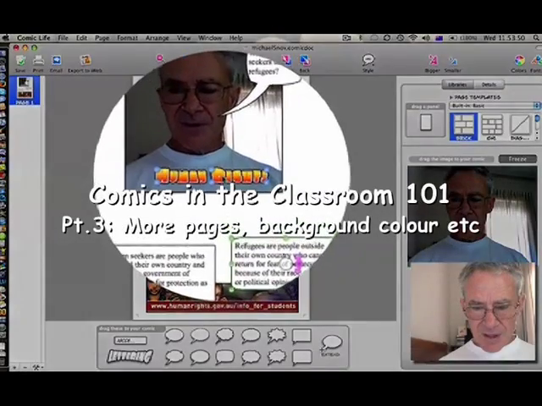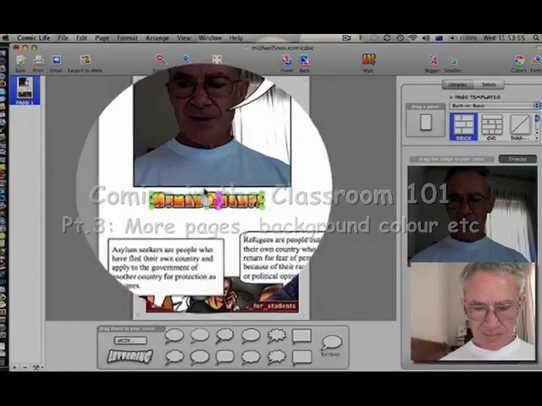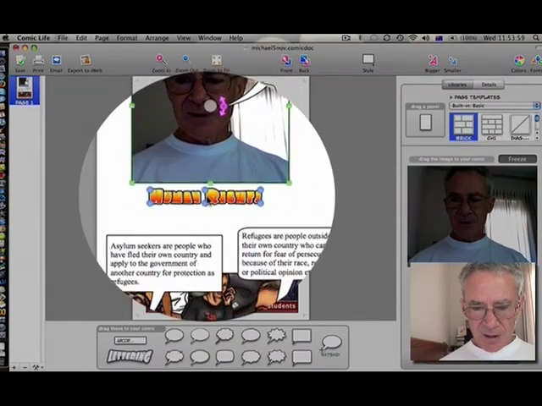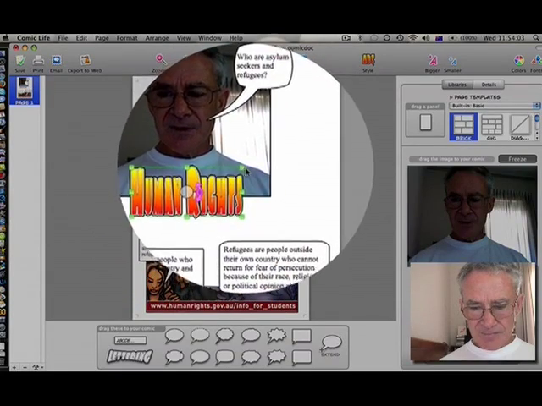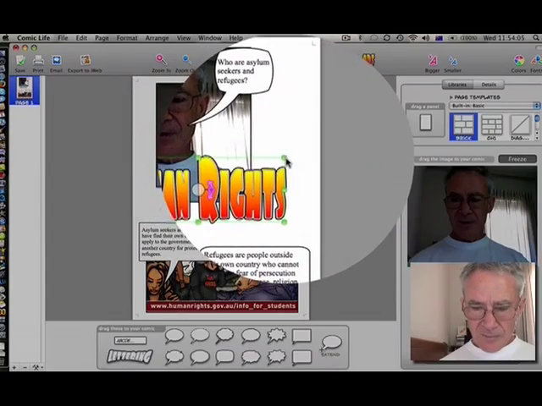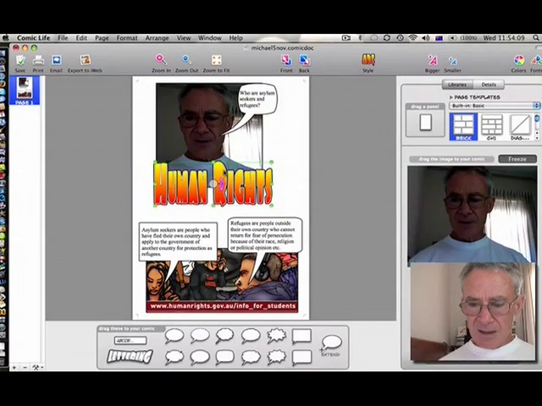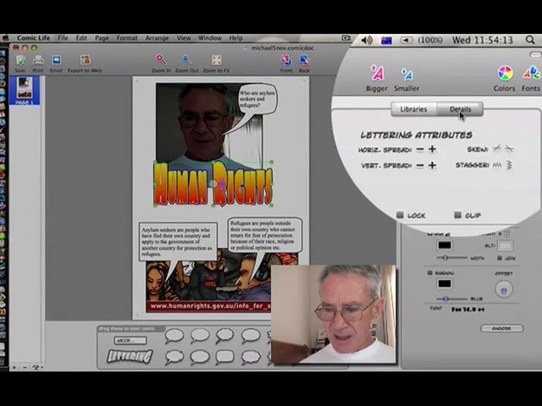And that frees us up for this, which we can move down. We can make it bigger. I wanted to make that bigger just by stretching it. I think we'll drag it to about there. Now then, if we go over here on the right to details,